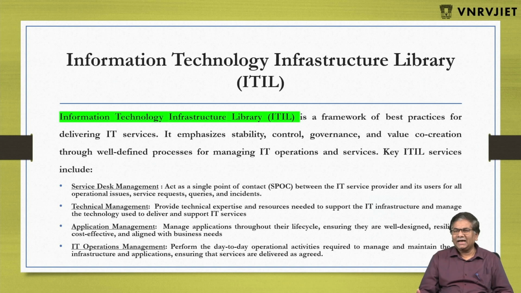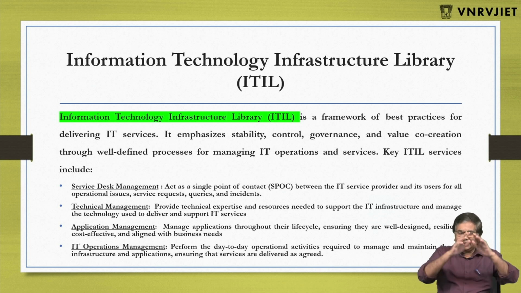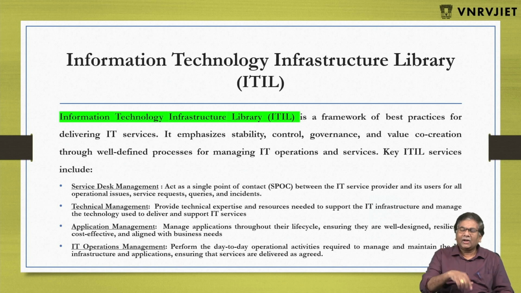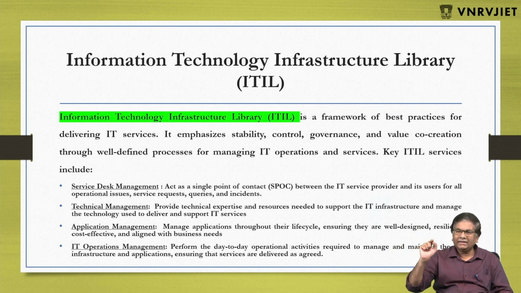For example, let's say I'm working in a company. I need a laptop. I need a mouse. Right now, what I would do is go to the IT department and ask, okay, give me a mouse. No, I can't do that. What I need to do is there is a website. I go to that website and log in. It knows whoever is making the request. I'm just making this up, but all the companies will have something similar to this. Go to hardware, then peripherals, then mouse. There is a request for mouse. When you click that and say send, a request goes to the